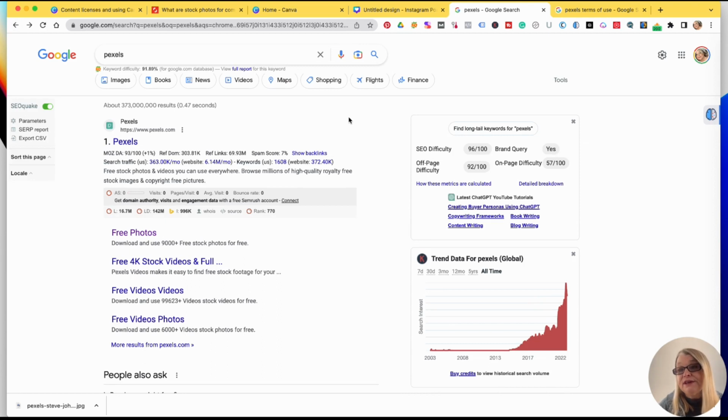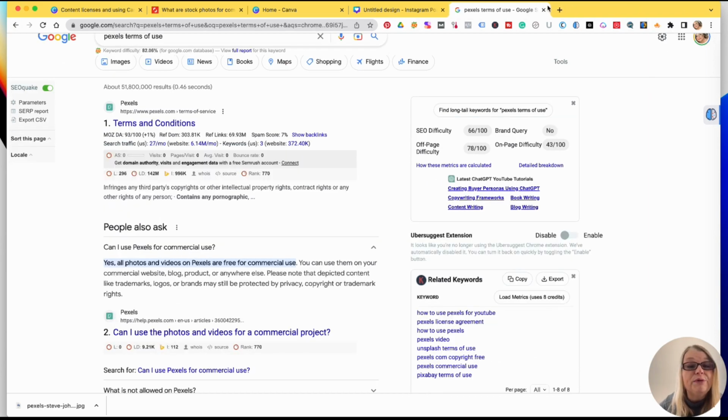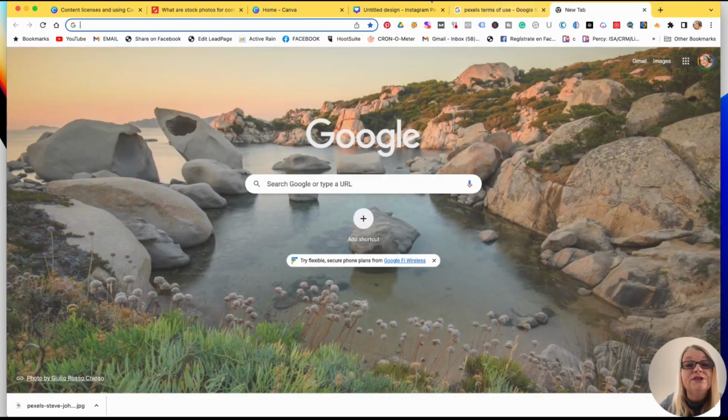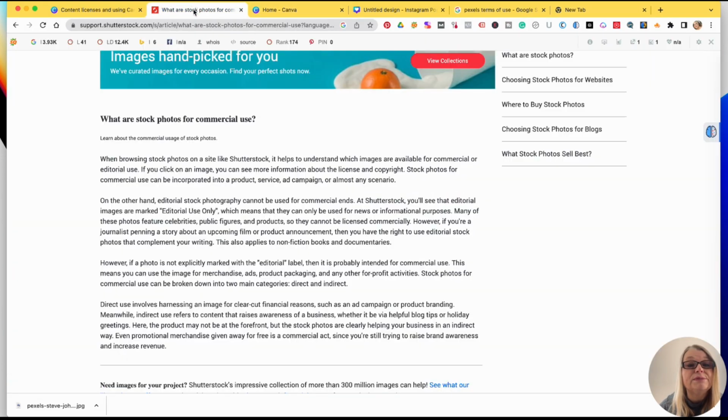And I would always suggest that you do that when you're using somebody else's images if they're asking for that. Just save the problems, right? But if we go into terms of service, so let's go into Canva. Oh, let's see what this one is. Okay.